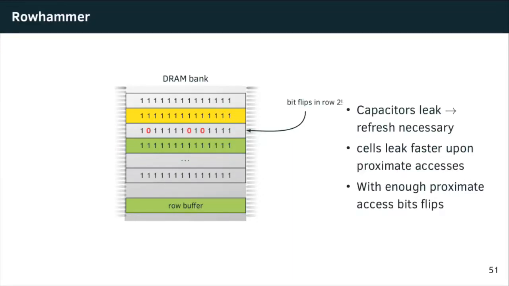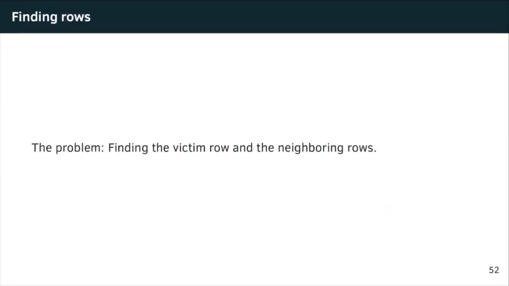The problem with rowhammer is, where are the victim row and where are the neighboring rows? Having gigabytes worth of memory in your computer, you have to search a long time to find something that really maps well to victim data, because you don't want anything from the victim, you want the important data.